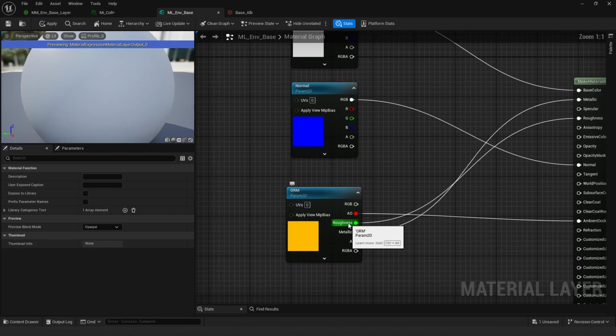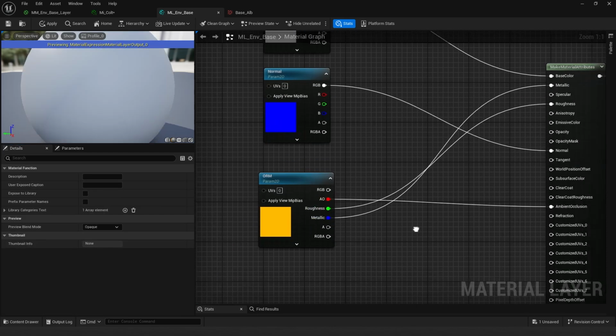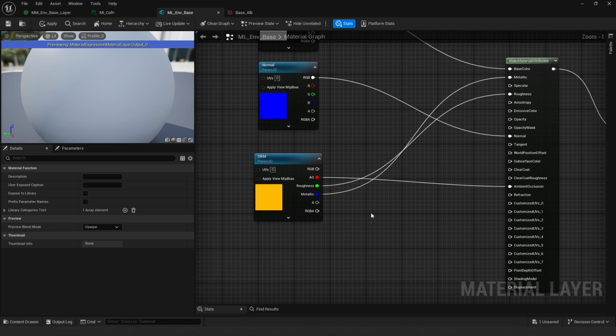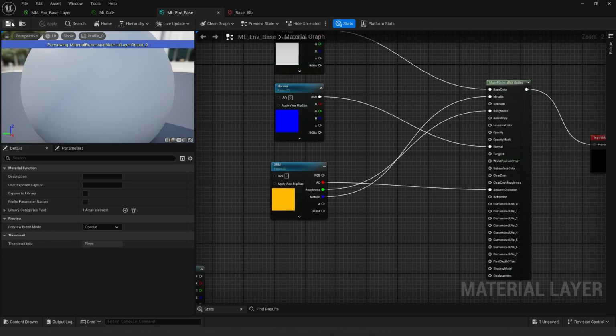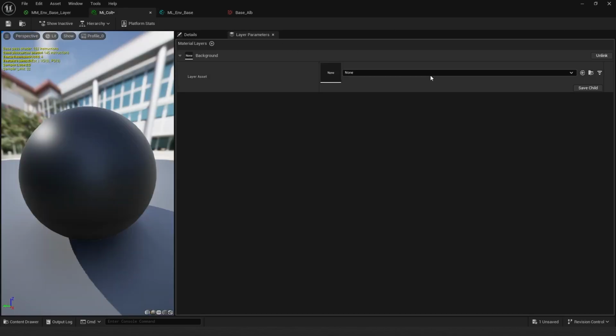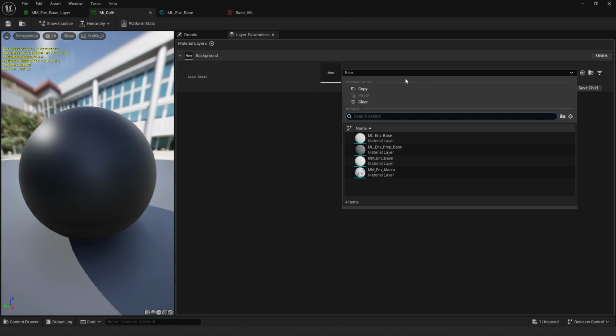And as you can see right here, they all show up as actual inputs. You can actually see how their names are labeled. So let's hit save and start off with this. So now if we go in here, I have my material layer for my environment base I have right here. So if I grab him,